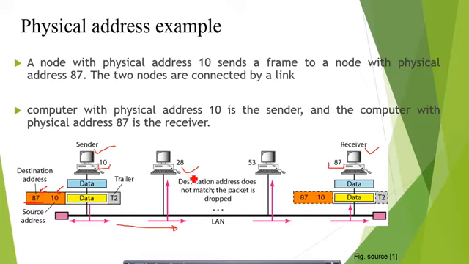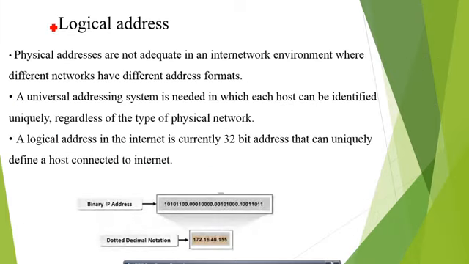In this case, because this frame was meant for another device, the destination MAC address was added as 87. So this is not matching here, it will be discarded. The same thing will happen over here also. This frame will be discarded by this system. Finally when this frame reaches this system, this address will be matched. This destination address is the same as the MAC address of the device itself, and this frame will be accepted by this receiver.